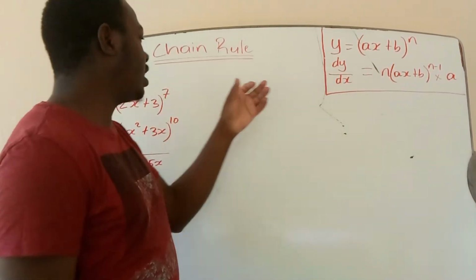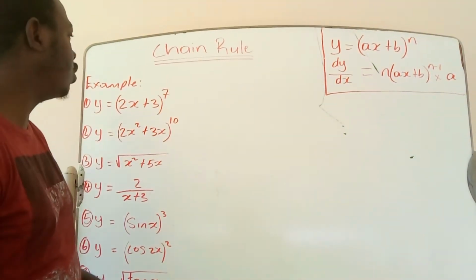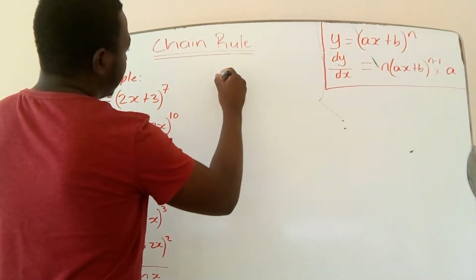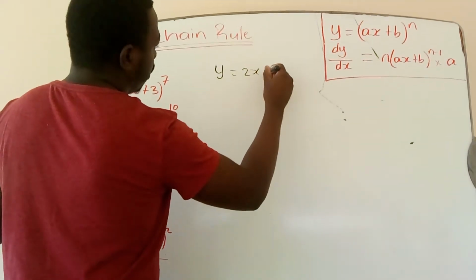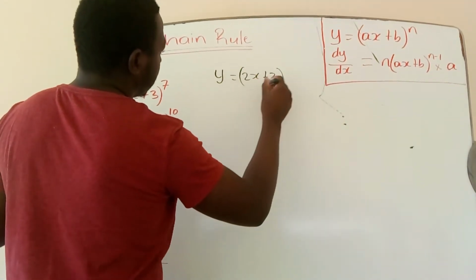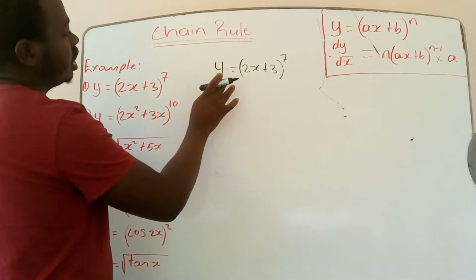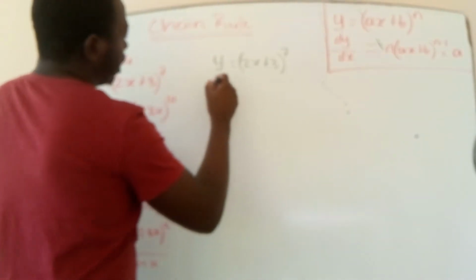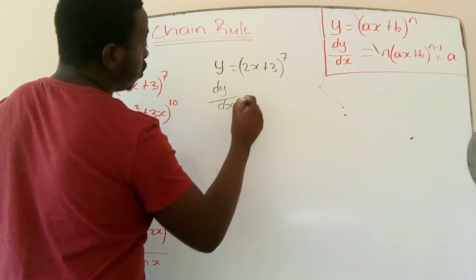As I work these examples, you will get a full understanding of the chain rule. So let's look at the first example. We have a function y equal to (2x + 3) all raised to the 7th power, and you are asked to differentiate this function using the chain rule. Then dy/dx is equal to,